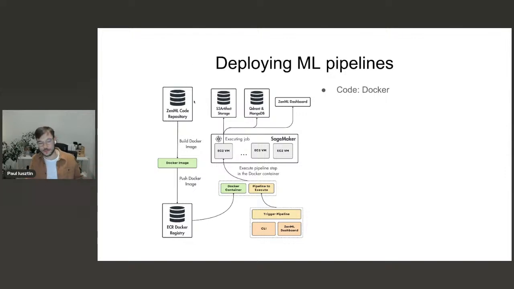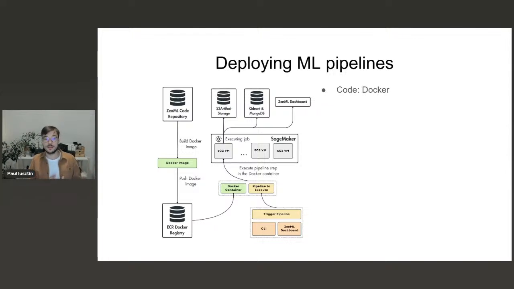Then out of this, we Dockerize all our code and put it in an ECR, which is the AWS version of a Docker registry. From here, we can take the code packed with all the dependencies, system dependencies, Python dependencies, and everything we need in a Docker container.